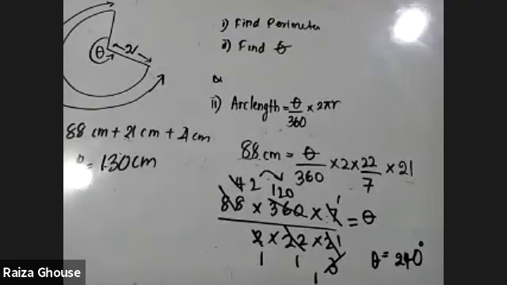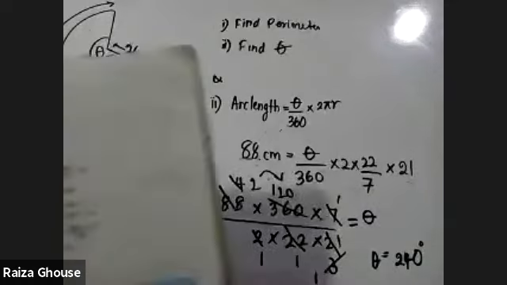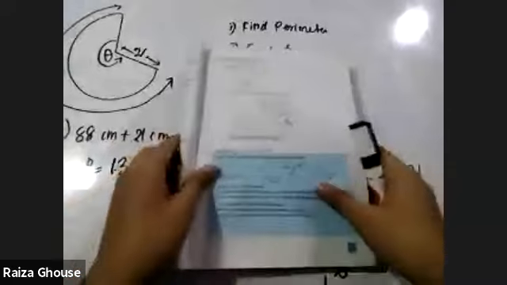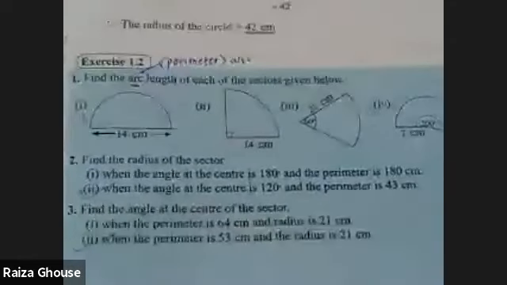Now, if you have the textbook with you, you can try the questions in exercise 1.2. Exercise 1.2 has 3 questions. If you don't have the book, we'll start it now. I'm not planning to do the first question now. My plan is for you all to do the second question. Now I'll display the question here. Copy down the second question and start doing it. That will be the final question for today's session. So please try it. Here you have the second question. Can you see? I think it's clear.